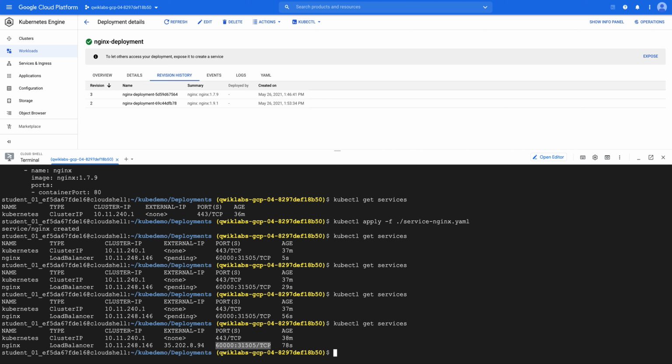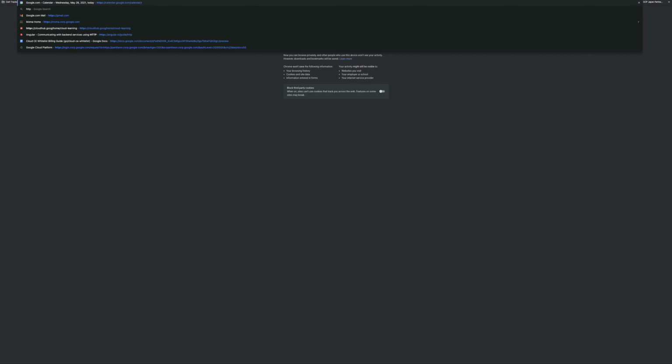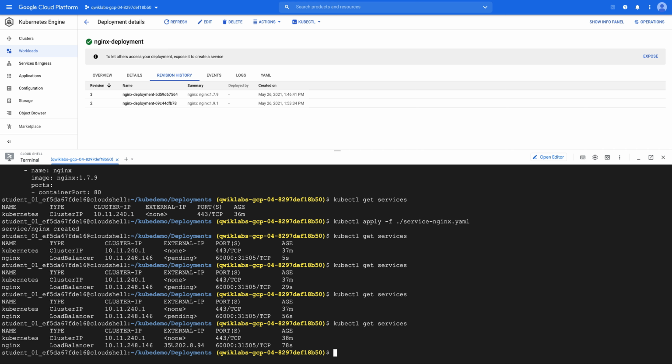If we go and check, let me copy this IP, and if I go and do http:// and then the IP, here is Welcome to nginx. So this is how we are able to expose our pods to the external world. This service is created, and it's load balancing between 3 different pods.